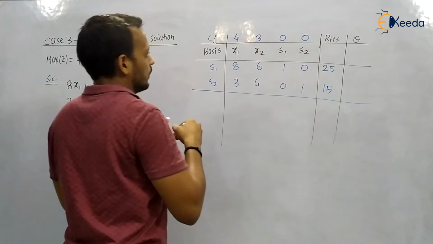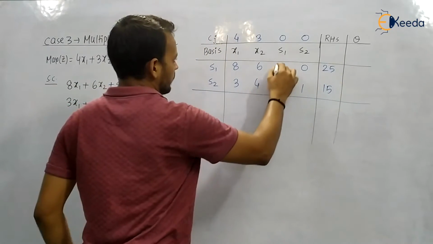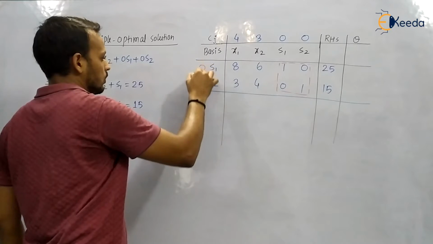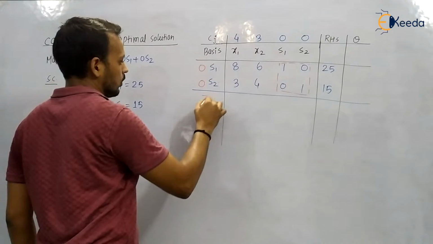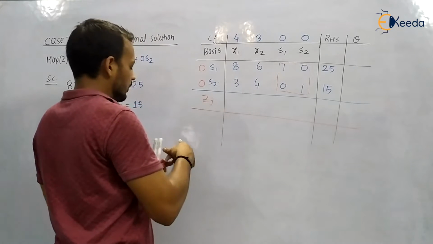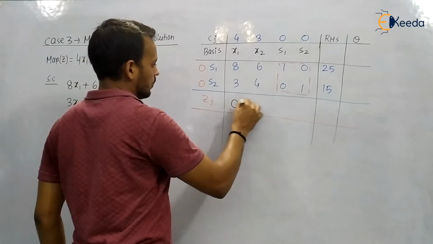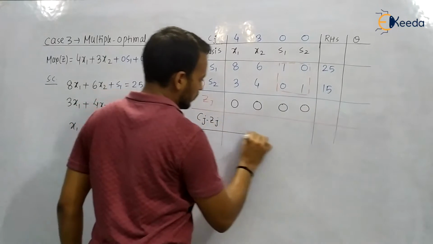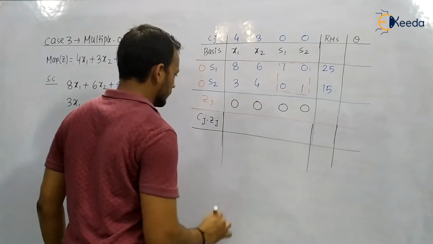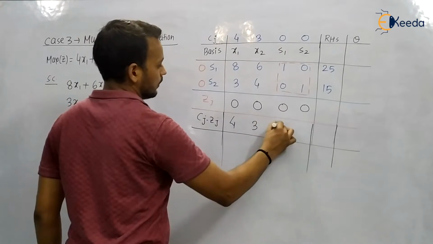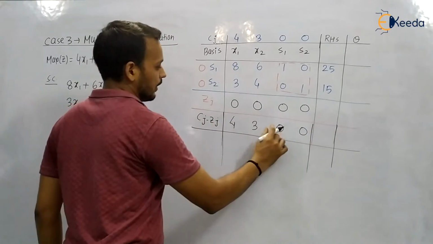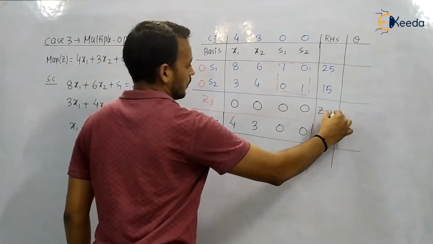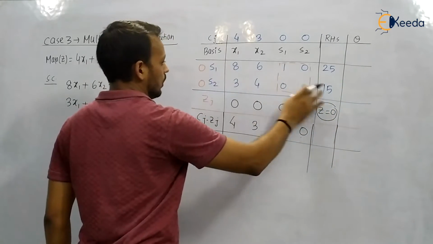You can see here that they are going to make an identity matrix within the simplex table. This S1 and S2, and the coefficient are 0 and 0. So what you are going to do, you are going to write the Zj value. So the Zj value is 0 0 0 and 0. Now we are going to calculate the Cj minus Zj. So it is going to be 4 3. These both are 0 because these are the basic variable and they are going to have 0 value in the simplex table. And here you can also calculate Z. Z is going to be 0, 25 into 0 plus 15 into 0.